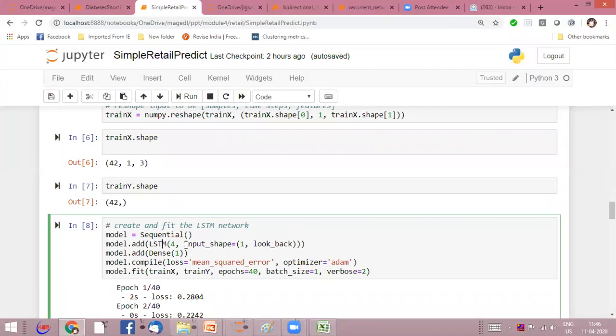As I said, I've chosen a single LSTM layer, 4 cells in that layer, and I've compiled this